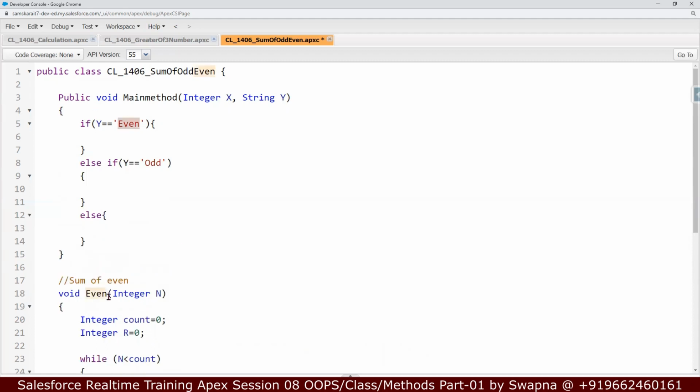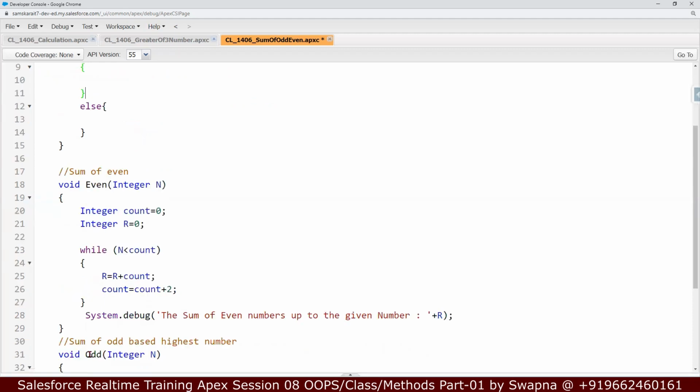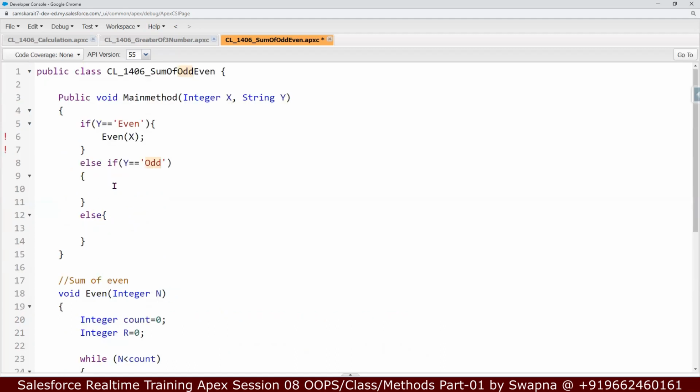If it is even, I want to execute the even method by passing the x number. Same thing for odd. I want to execute the odd whenever the string y equal to odd, and I need to pass the number for odd. Else, let's print